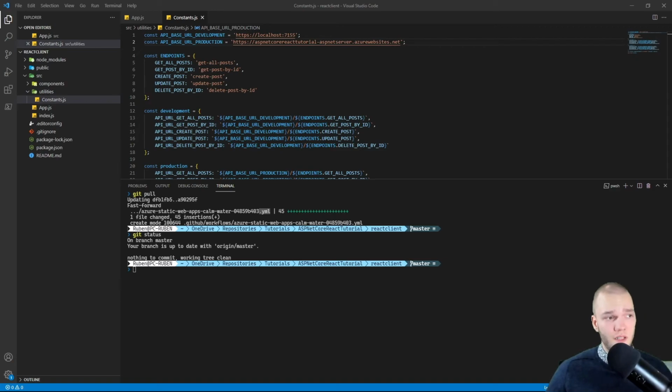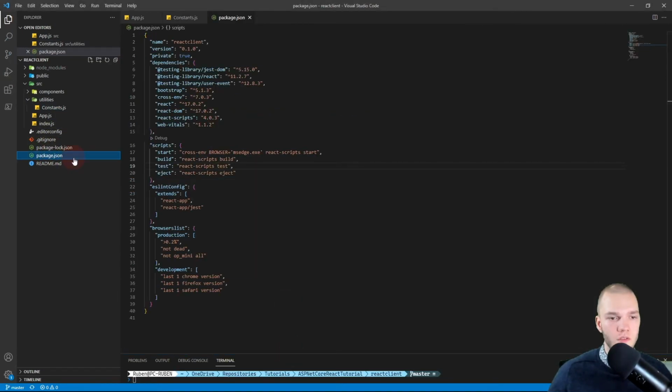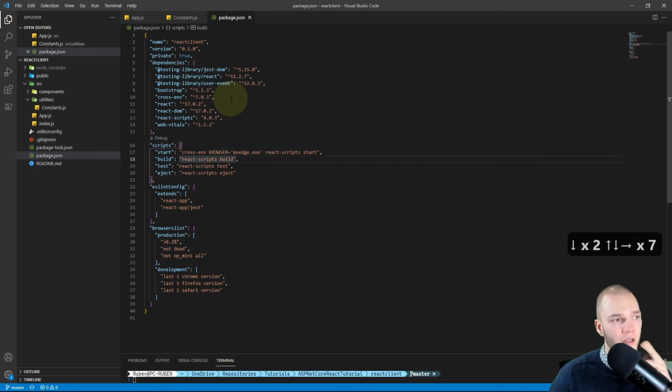So let's first fix the thing that causes the action to fail, and we can do that in package.json. We'll just open that. In the scripts object, we need to change the React script build, and we actually want to set the CI flag to false. That stands for continuous integration, and it's true by default, I guess.